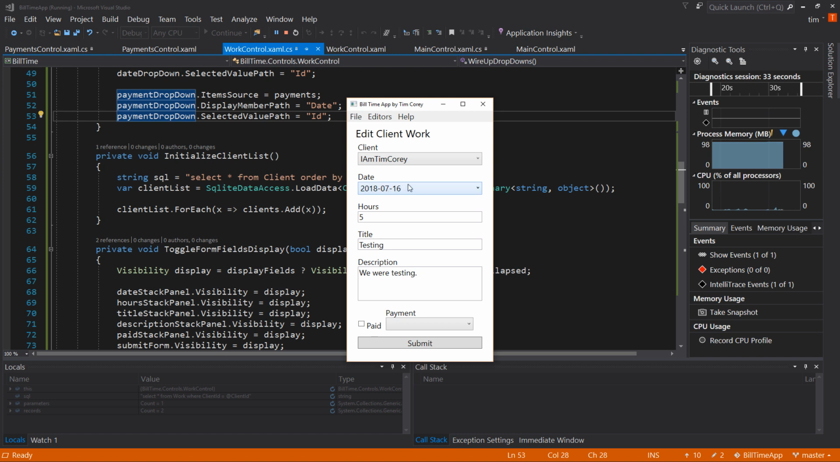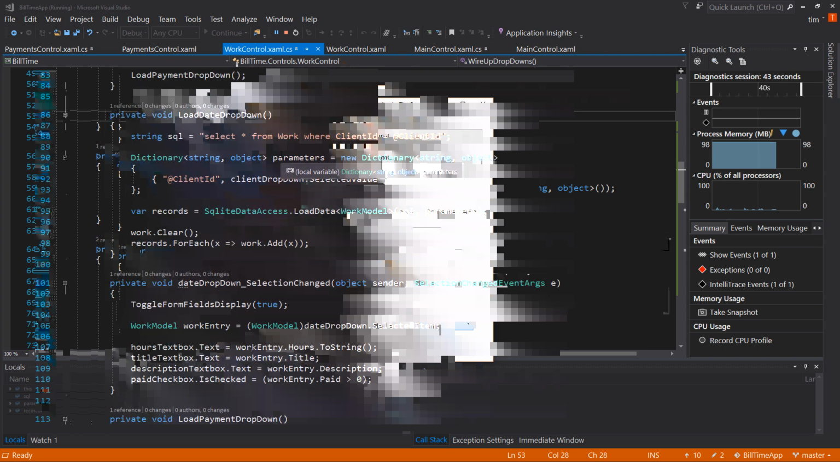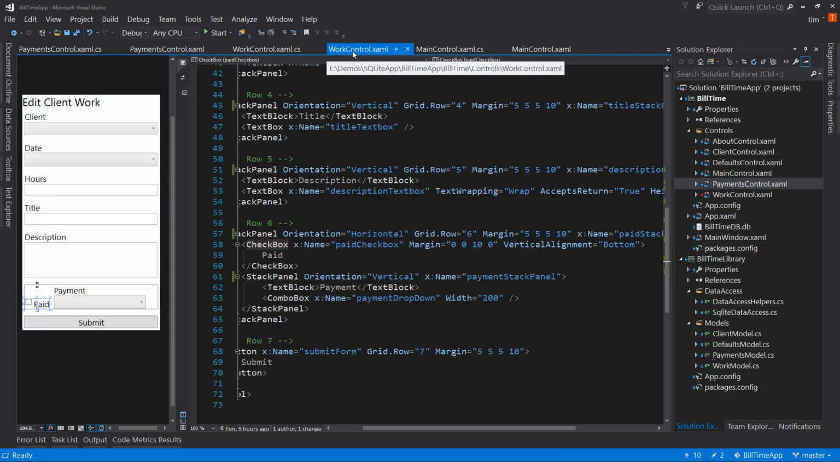We're making some progress. This is the work that's been done. So there's the testing, 5 hours. And we need to go wiring up the, so that when we have a payment, we select the right